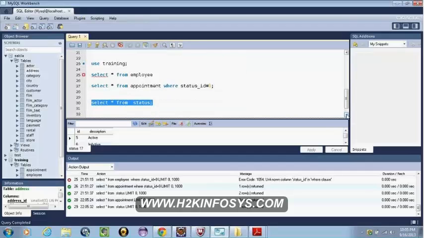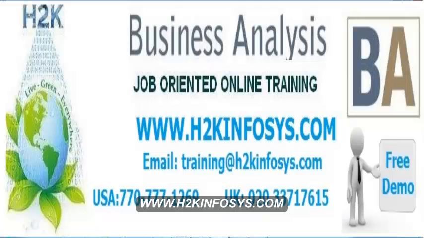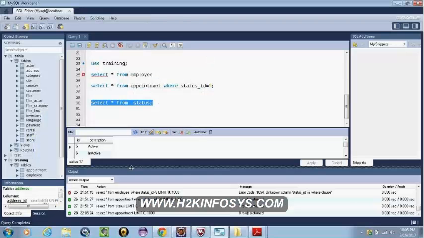Yes, the employee and appointment tables are related. An employee has multiple appointments. So in the appointment table, we store the employee ID, wherein we can insert multiple appointments for a specific employee. Let's say I have an employee with ID 3. For that employee, I can insert many appointments.